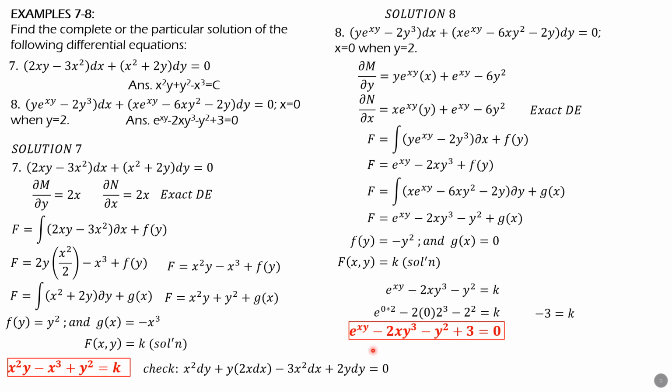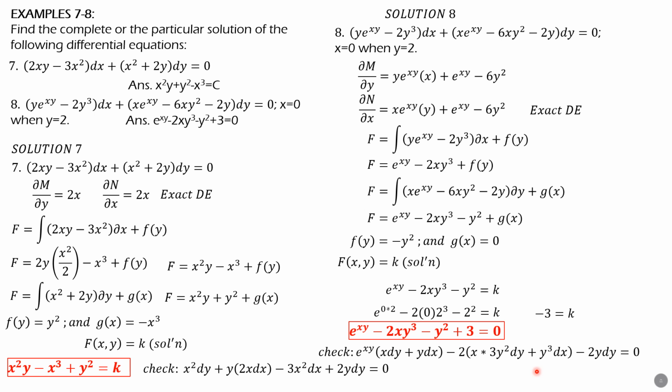Then we can obtain the differential right away because we can eliminate right away the arbitrary constant, which is 3 or negative 3. So the differential of e to the xy is e to the xy, then times the differential of xy, which is the differential of a product. So e to the xy quantity x dy plus y dx, then minus 2, then we have a product again, x times 3y squared dy plus y cubed differential of x, then minus 2y dy equals 0. So the arbitrary constant is eliminated.